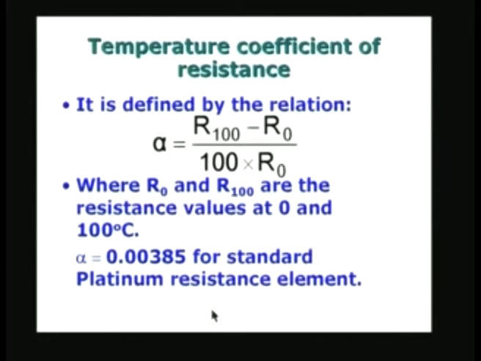If one were to actually use a platinum resistance thermometer, one would like to find out whether it is according to this alpha value is correct or not by actually measuring the R 100 and R 0 and then calculating the alpha value in the laboratory and finding out whether it is agreeing with this within reasonable limits. In fact, the manufacturer will do that and give you a guarantee that it is according to this particular value. So, you can take it if it is a reputed manufacturer.